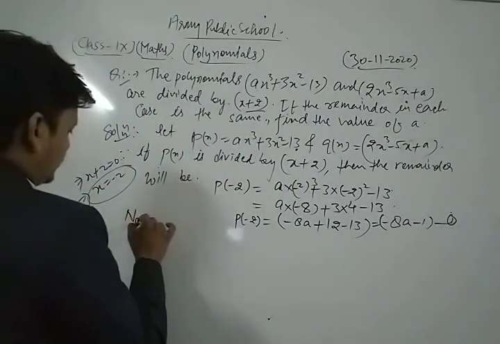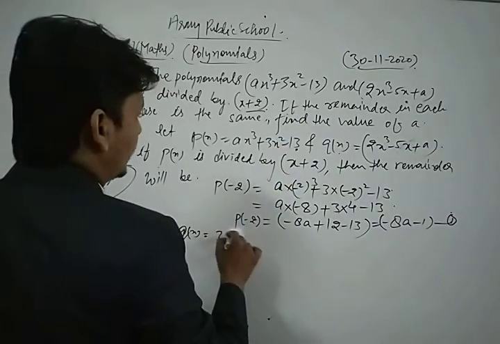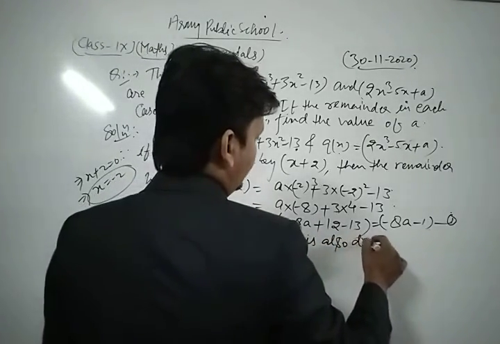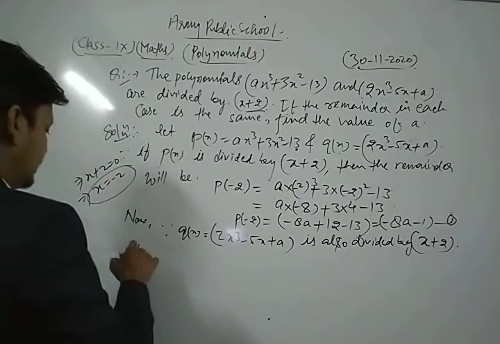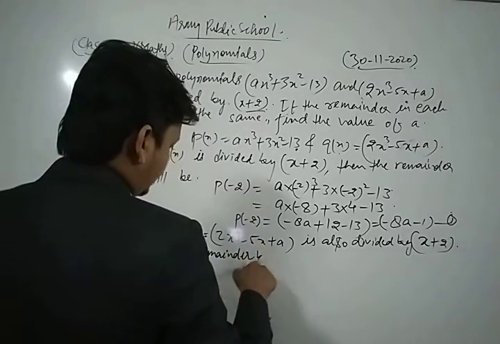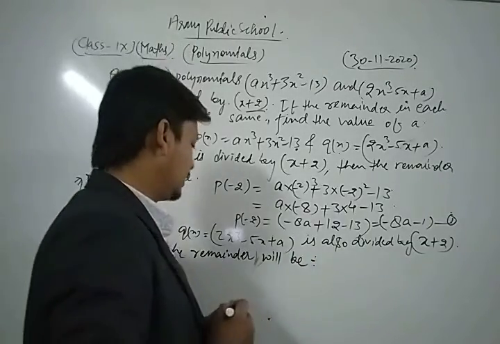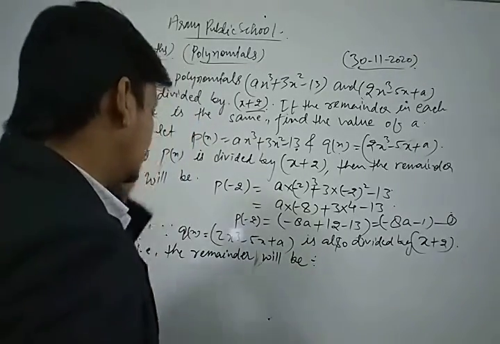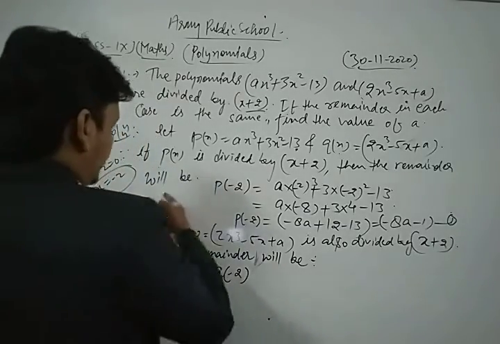Now since q(x), which is 2x cube minus 5x plus a, is also divided by x plus 2, the remainder will be q of minus 2. We just replace x by minus 2, so we get